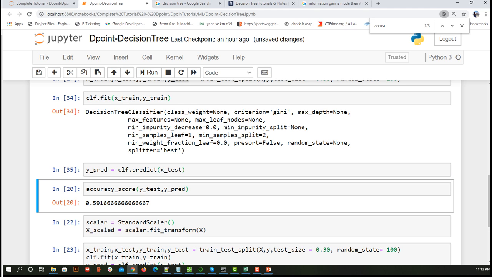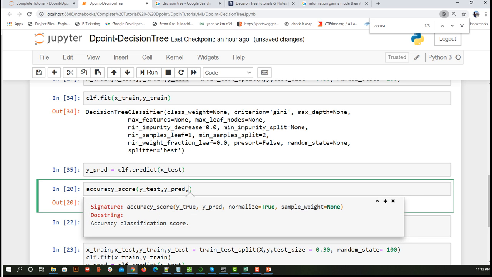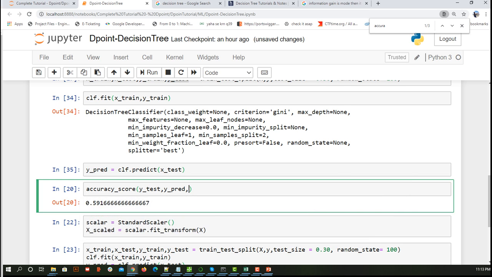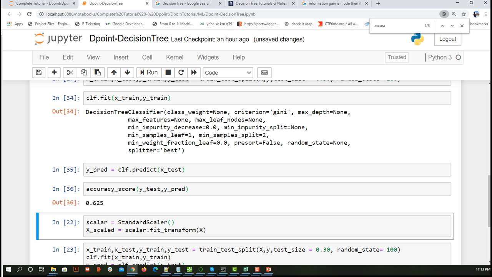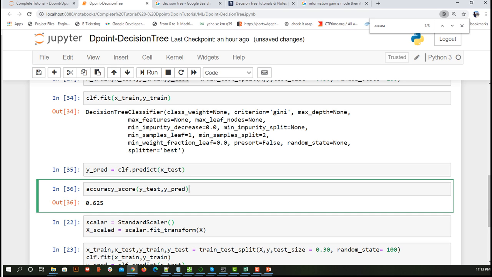Now based on my predicted value and the actual value, you can see first I need to pass the actual value and then I need to pass the predicted value. What all this means, we have taken a separate session on that, so you can watch the previous videos where we explored the parameters. Here you can see the accuracy that I am getting is 62.5%. This was the percentage of accuracy that I got in the very first attempt.